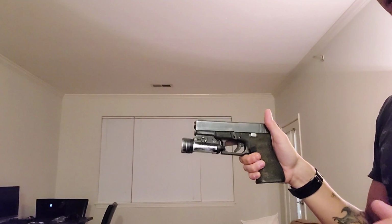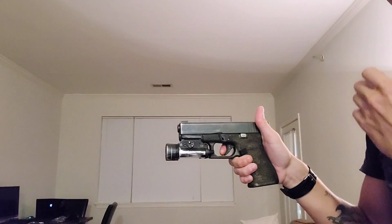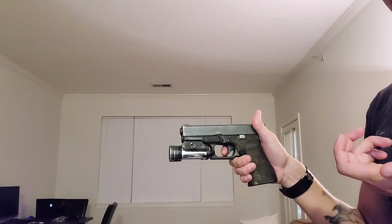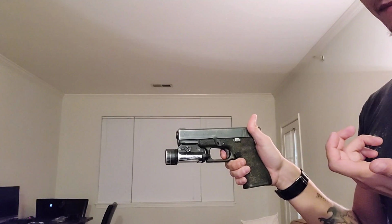I need the triggers in these things to be very similar to an actual Glock, for instance, because you have the dead air that's in there, the weight stacks up, and then it squishes through, right? Now,